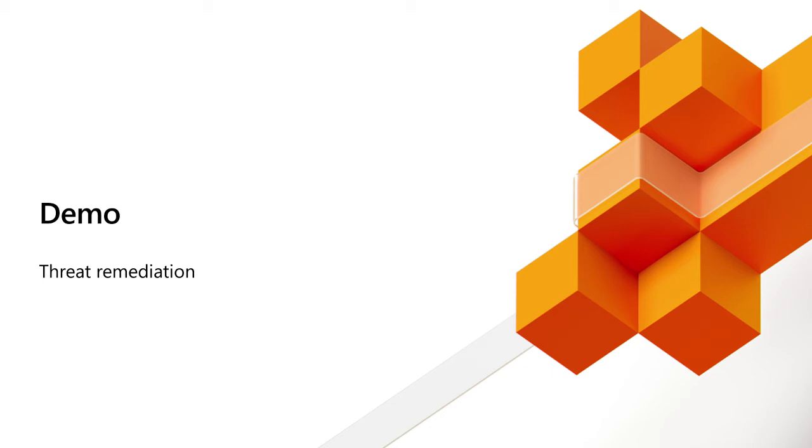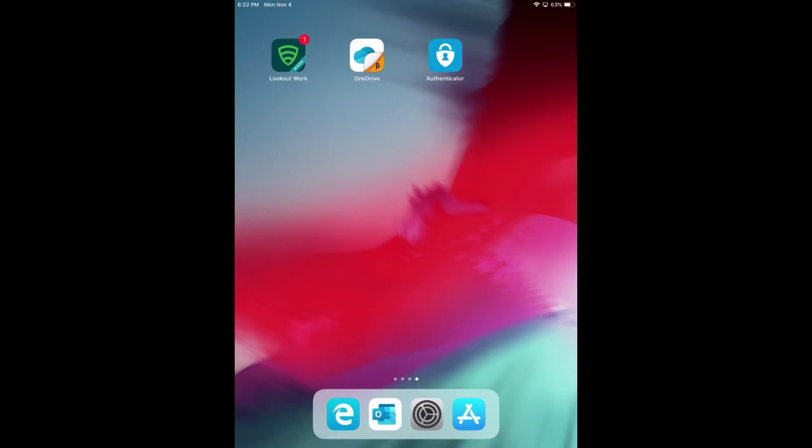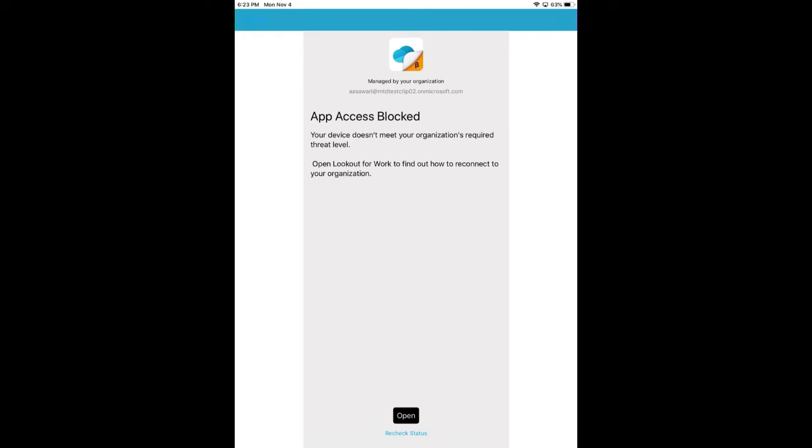So threat remediation. If you were in Brad's keynote session earlier today, you might have seen his demo with the side-loaded WhatsApp++ app and uninstalling that and basically getting access back into the Outlook mobile app. So now I'm going to do it on iOS. I have a side-loaded build of OneDrive, which is because it hasn't released officially with this functionality, but it is coming soon. You see this dialog,